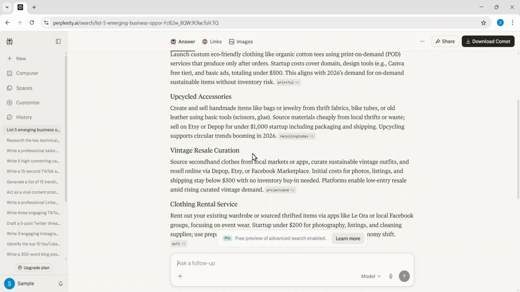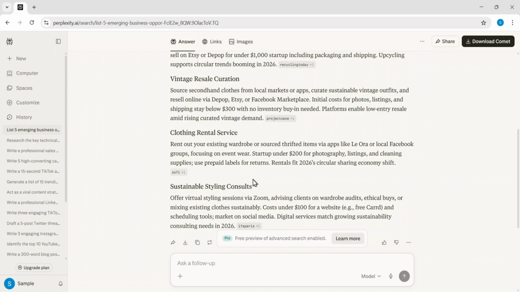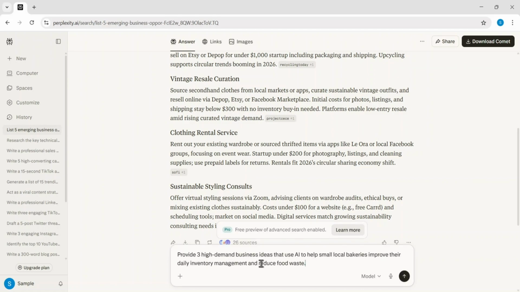The third option is vintage resale curation, focusing on sourcing unique pieces from local markets to resell on platforms like Depop or Etsy. Now I'll ask a follow-up prompt for 3 AI-driven ideas to help local bakeries manage inventory and